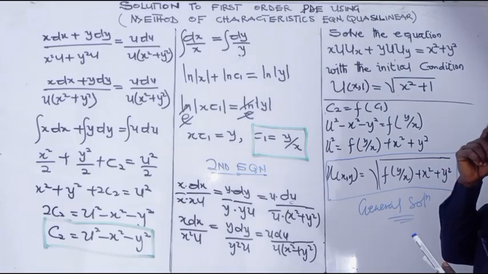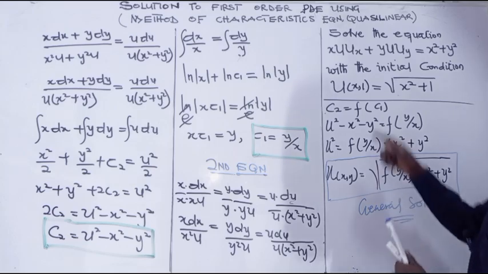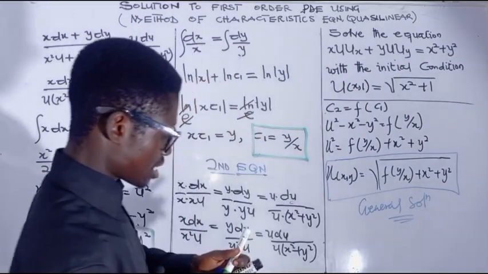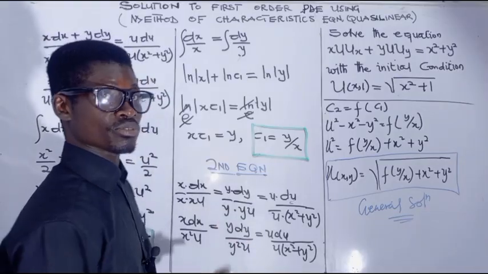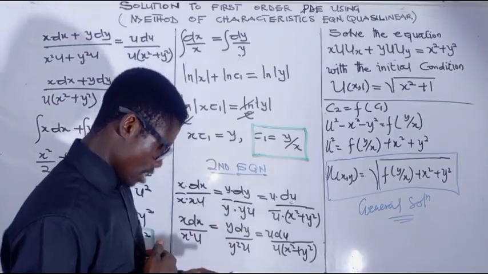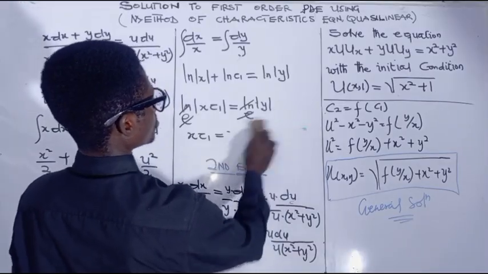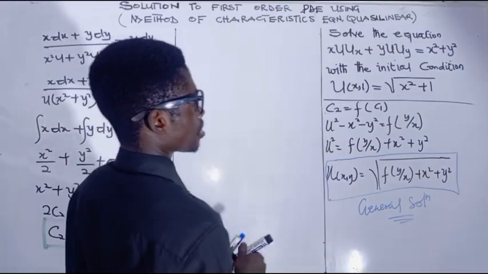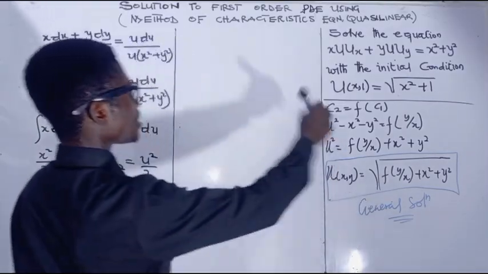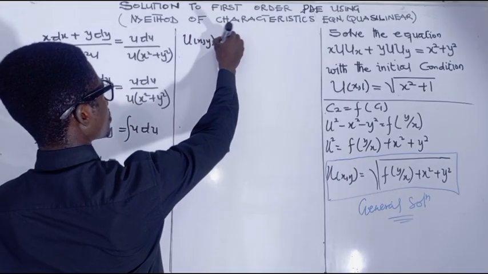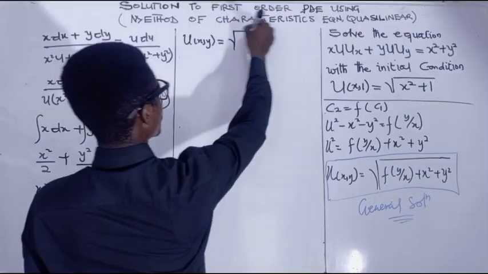Now with the question, we realize that we are being given an initial condition. So we have to proceed to find our particular solution. So let's write our general solution. U at x, comma y is equal to the square root of